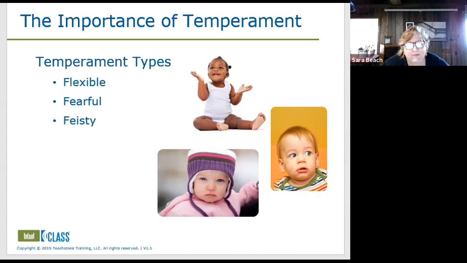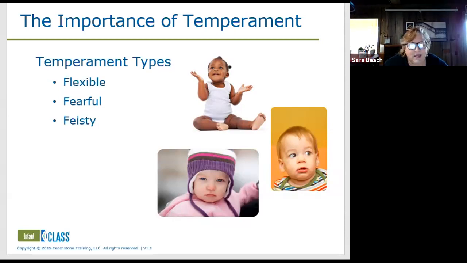The fearful type is about 15% of kids, and those are also considered slow to warm up kids. So they might hang back more, and they're more shy, or it takes them a little bit more time to warm up to you, but they do. And they might express a little bit more negative mood more quickly. And they might have more irregularities with sleep and with eating. And so you have to know that about the kids. Is it just a child who is a little bit less regulated? And that could just be part of their constitution, who they are.